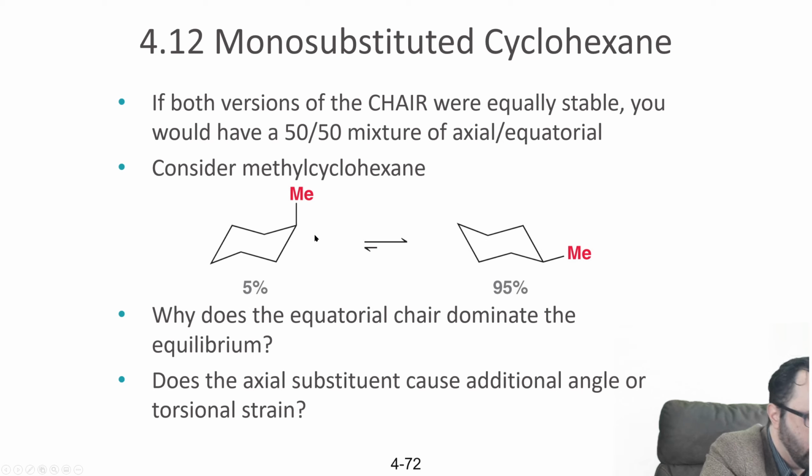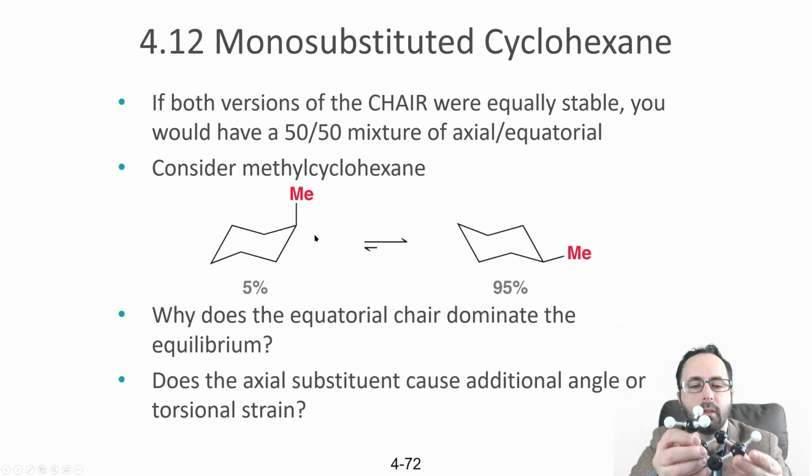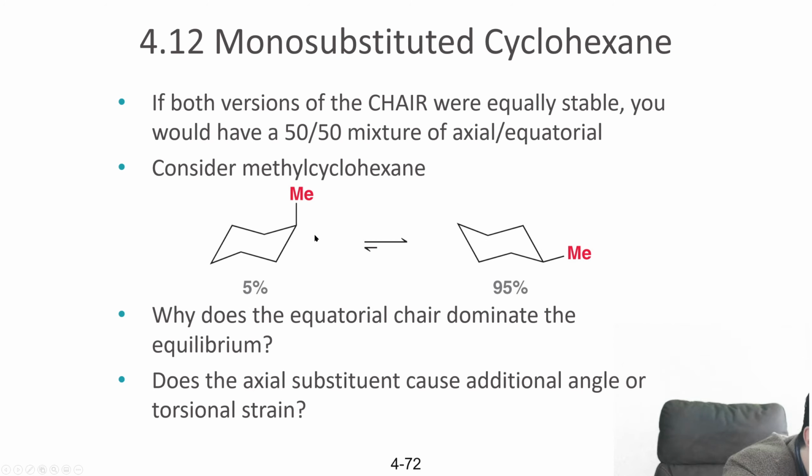And so there's going to be some steric strain that arises, because if we're filling in other hydrogens here, especially these axial ones right here, which I'm about to put in,